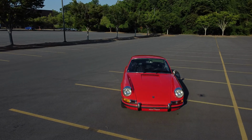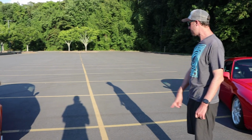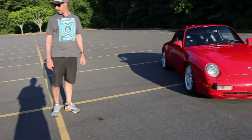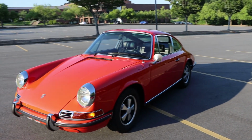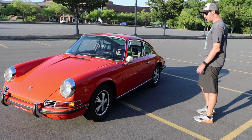So these are my two air-cooled Porsches. There's a 1970 911T and a 1995 993. They're nothing super rare. They're both base model 911s. The first generation of the air-cooled and the last generation of the air-cooled. This one